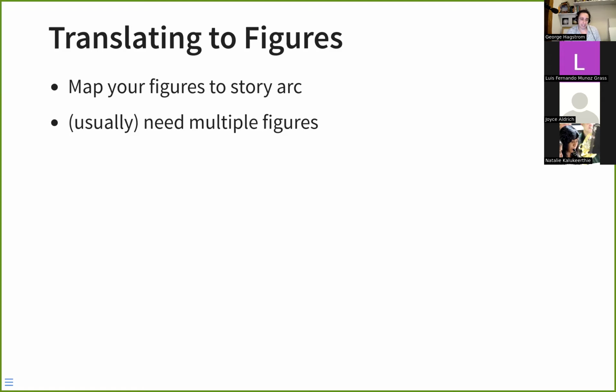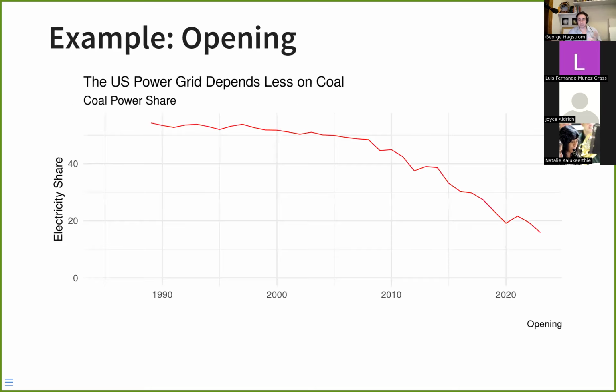And so basically, when you're doing this, you need to keep a few things in mind. Probably each figure needs to be chosen very carefully and have a specific place in your story arc. That's not a hard rule, but you should probably be thinking that. And then you're usually going to need multiple figures to tell a story. Maybe if you're in a special situation, you can do it with just one figure, but probably you need multiple figures.